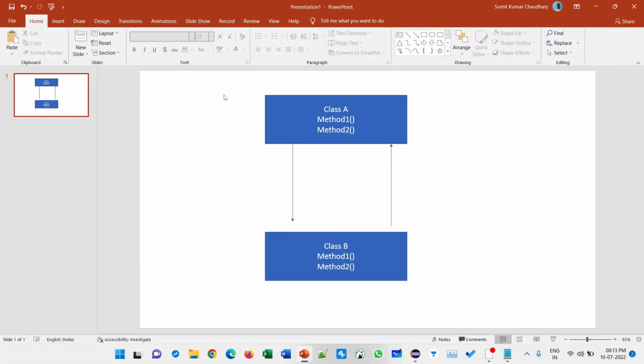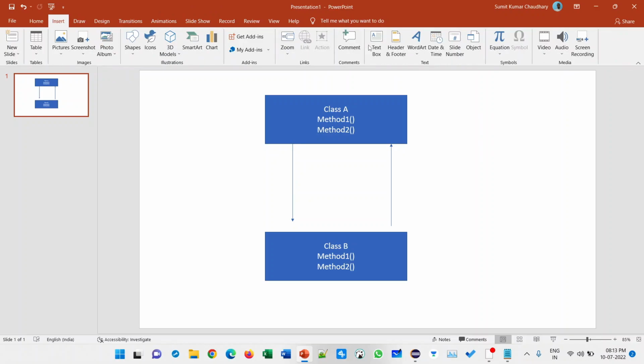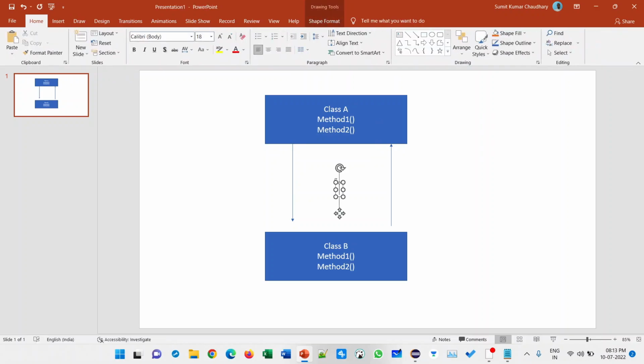Now the extends keyword will help to make a connection between both classes.